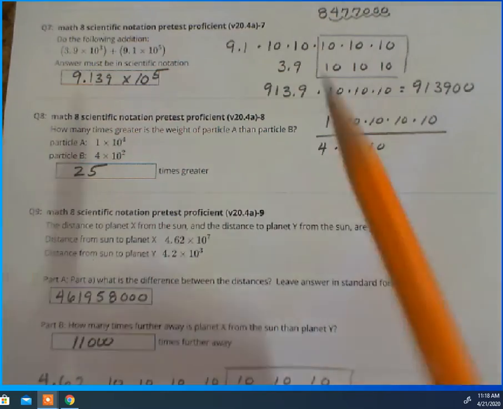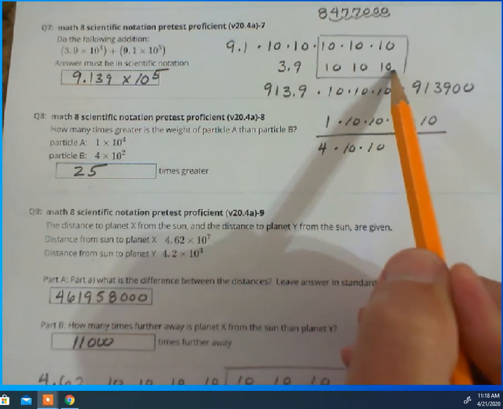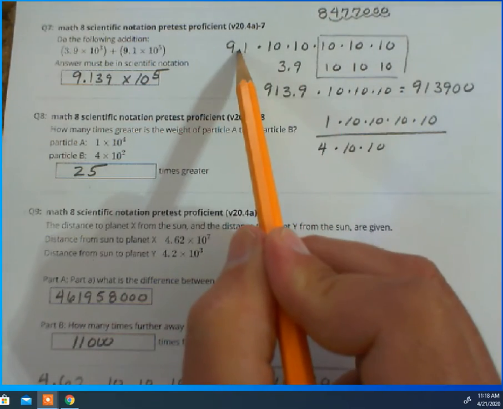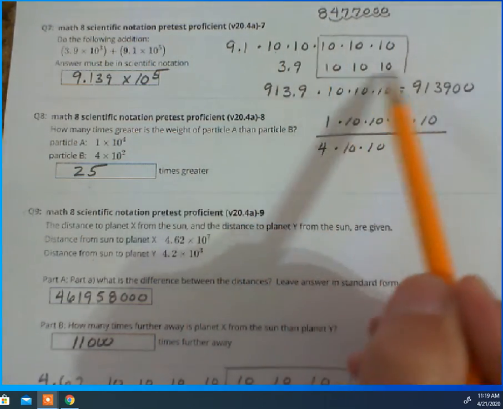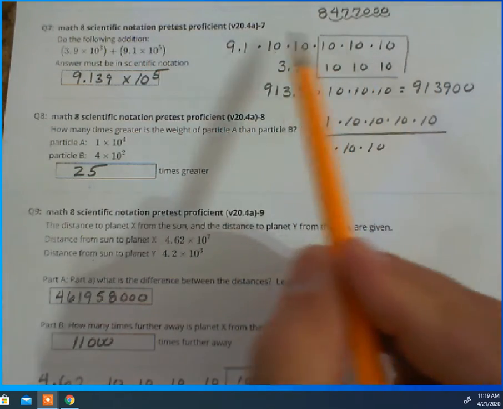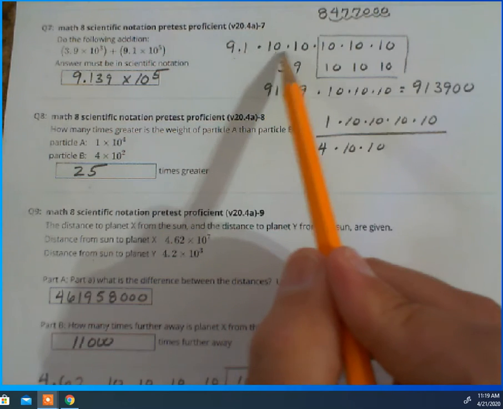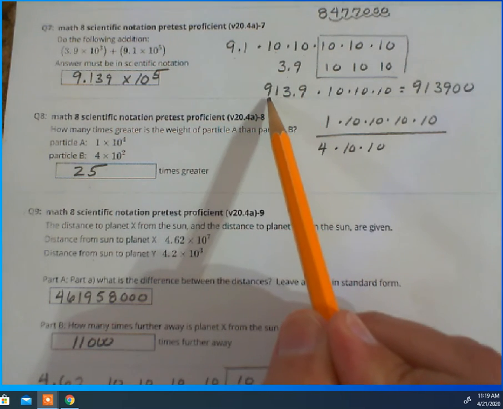Here's a similar one, except with addition. So I have 3.9 times 10 to the 3rd. 1, 2, 3. 9.1 times 10 to the 5th. 1, 2, 3, 4, 5. I'm going to ignore these guys because it's the same on both of them, and I'm going to have 9.1 times 10 times 10 plus 3.9. That gives me